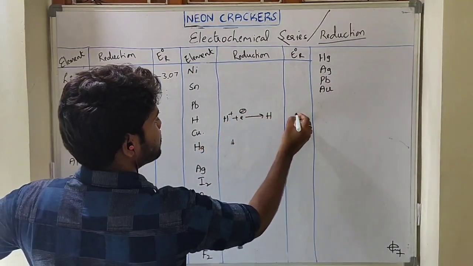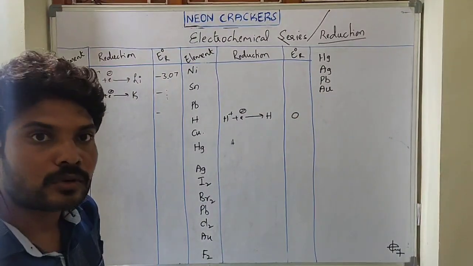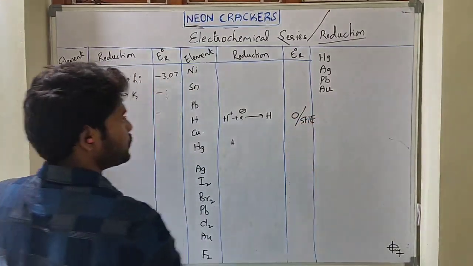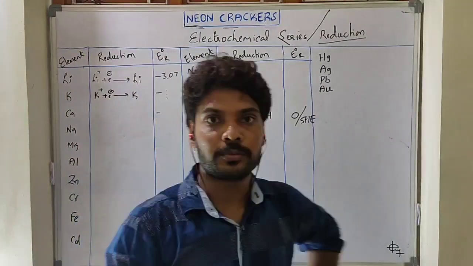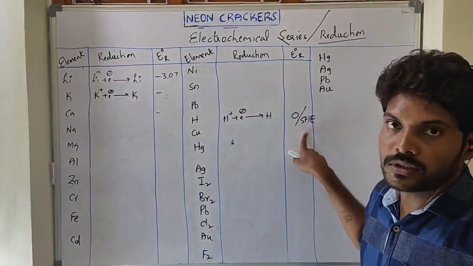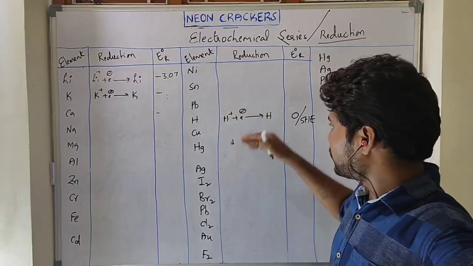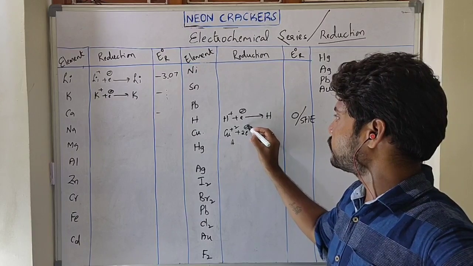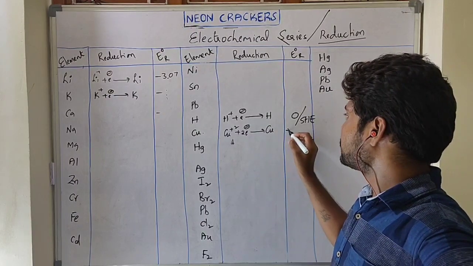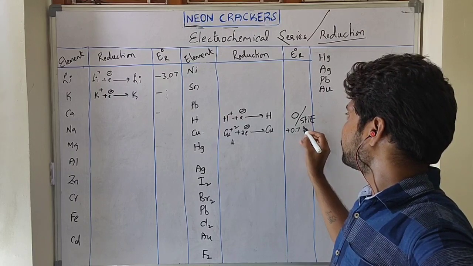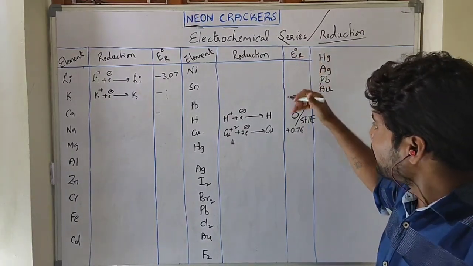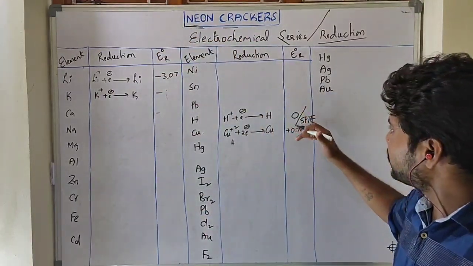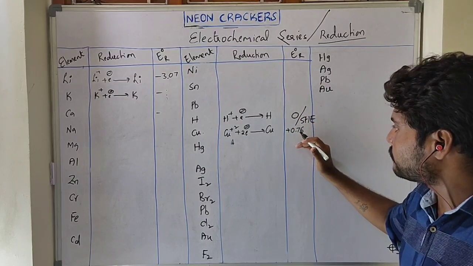the electrode potential value becomes 0. Hydrogen electrode potential value becomes 0. That's why we can use this one as SHE, the standard hydrogen electrode, to find the reduction potential of other elements. Now below hydrogen, suppose copper 2 plus, addition of 2 electrons to produce copper element, and this is 0.34, some positive value. So after hydrogen, from top to bottom, from more negative value to less negative value, becoming 0, and after that the positive value is increasing.